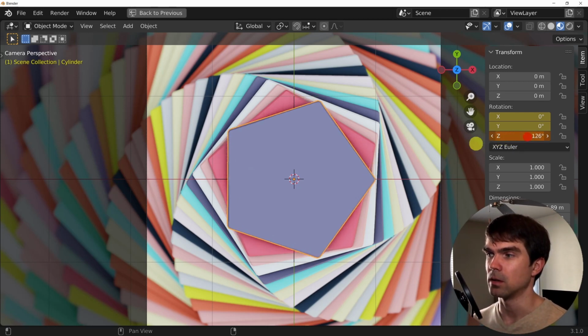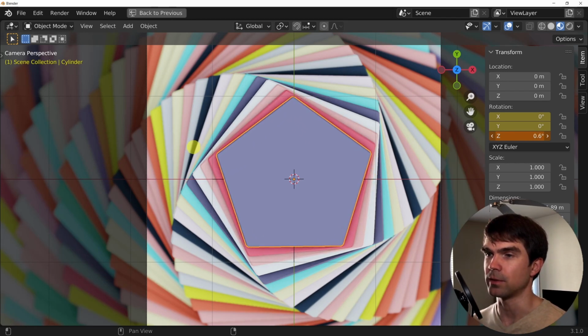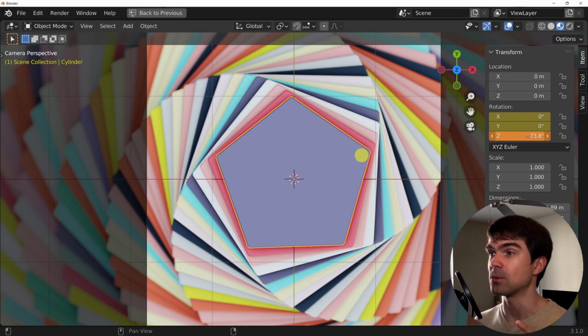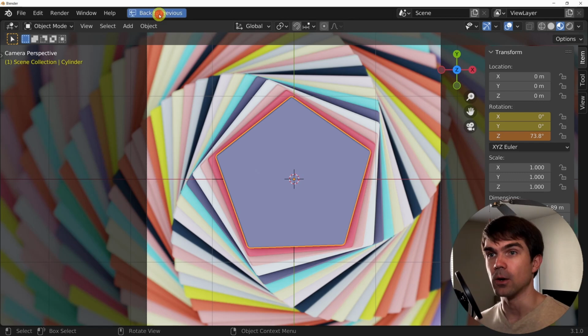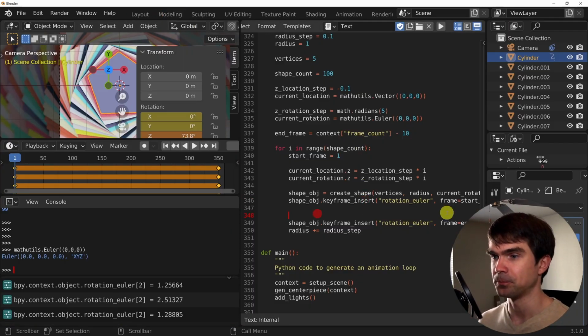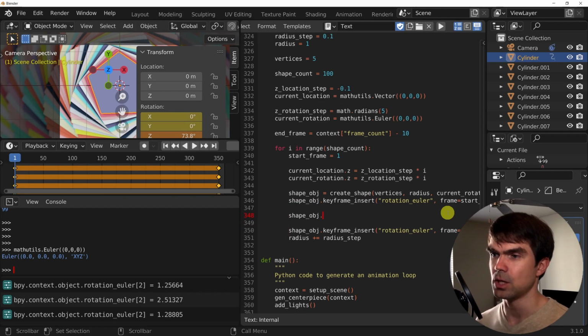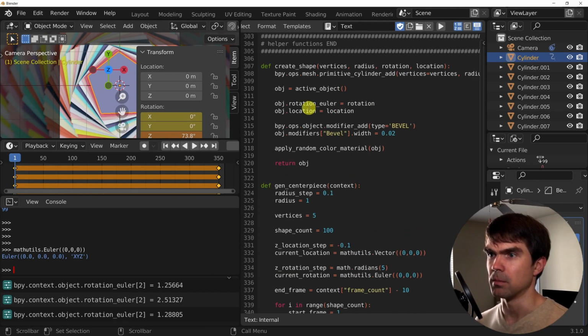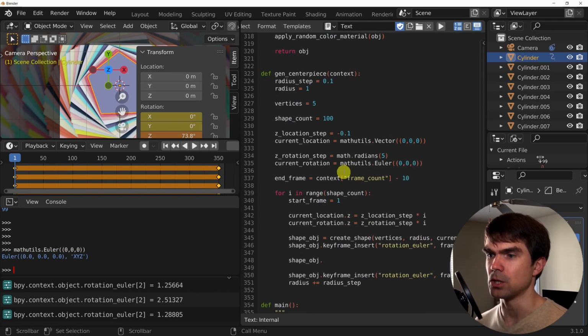So instead of, let's say it starts from here, right? And I just want to rotate it once or twice, so it's going to look the same. That's what we're going to be doing with this code that we're going to write in just a second. So let's set that. So it's the shape. Then, remember, we have the Euler rotation.